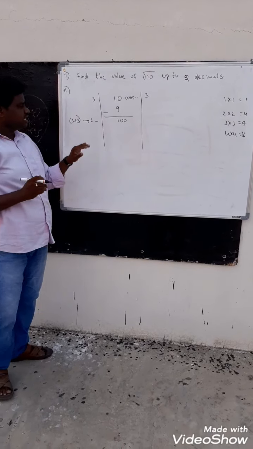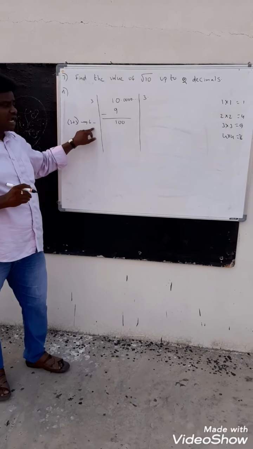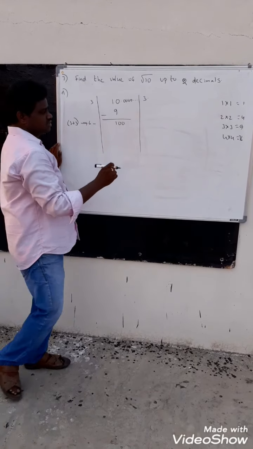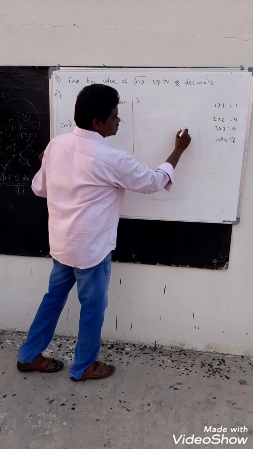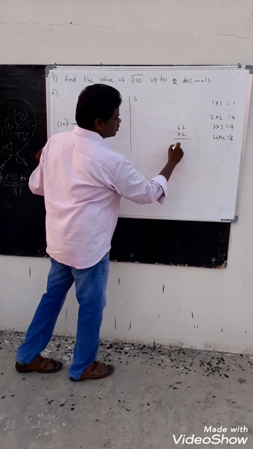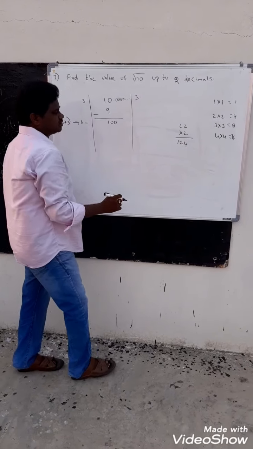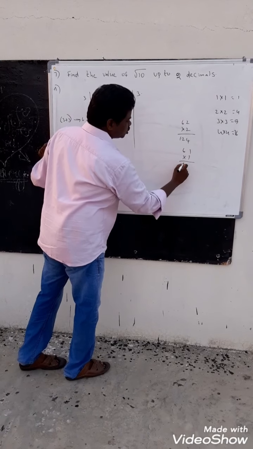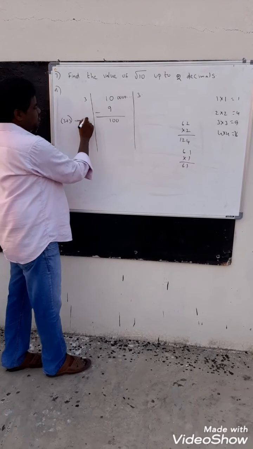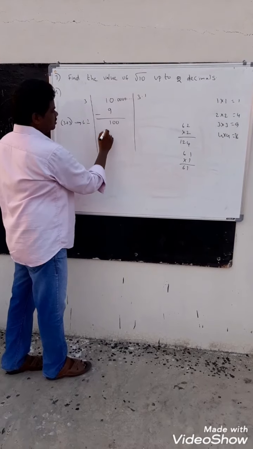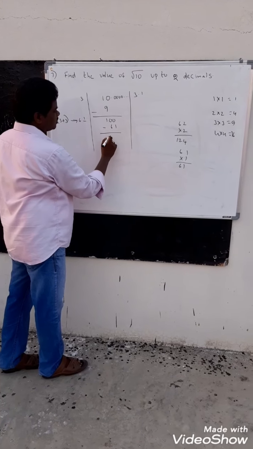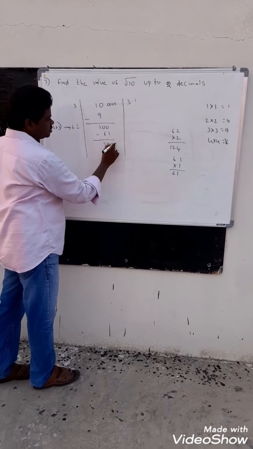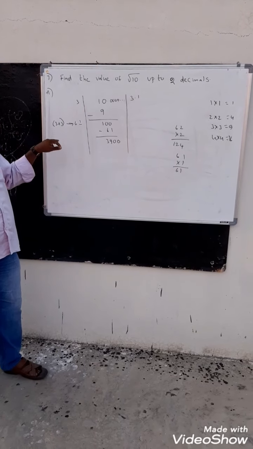Now you have to keep one digit here, and with the digit you multiply, so that you must get 100. That means if you keep 2, 62 into 2 is going to be 124. That is bigger. So that's why you keep only 1. That is 61 into 1, you will get 61. So here keep 1. Here also keep 1. That means 100 minus 61, it is 39. Now again you have to bring 0, 0. Next question, how do you get?